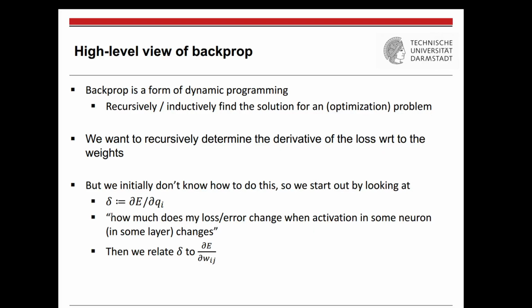So this means intuitively, how much does my loss or error change when the activation in some neuron, in some layer, namely, well, Qi is just the activation of a neuron in one layer. So when my Qi changes, how much does my loss change? And then once we have found a formula for delta, a recursive formula, then we relate delta to the quantity that we're actually after, and this quantity is dE by dWij, because we want to change